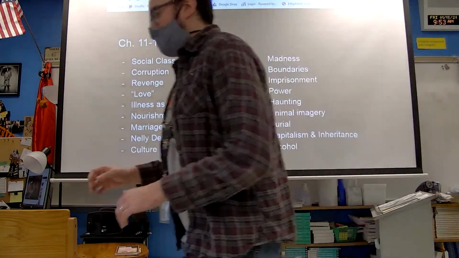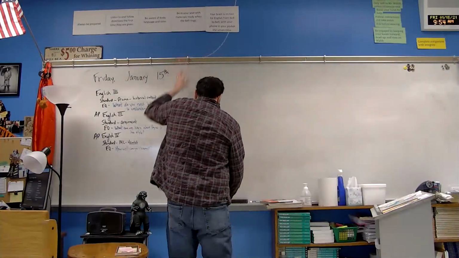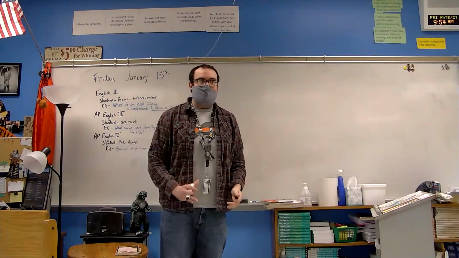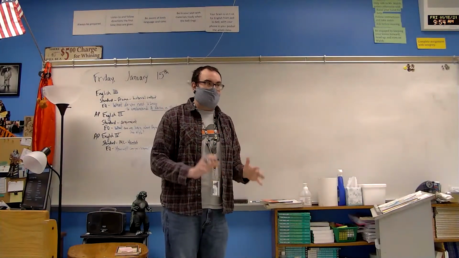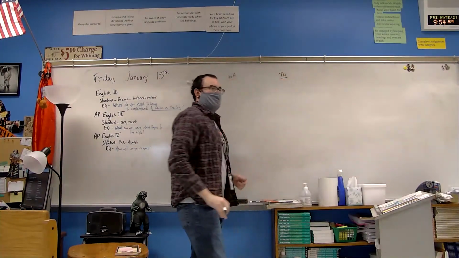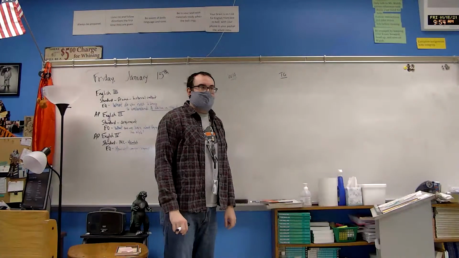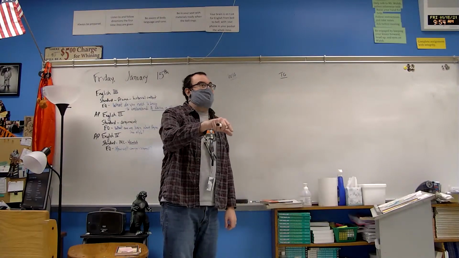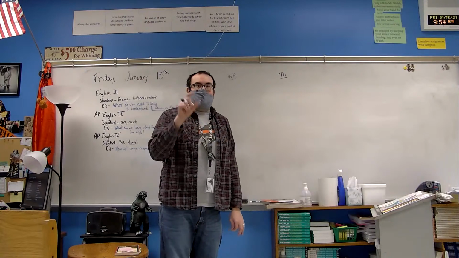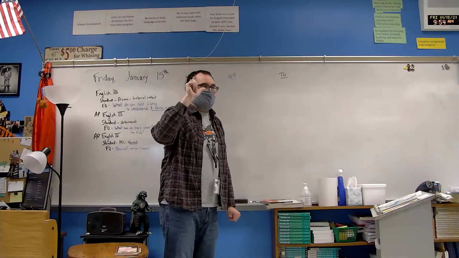All right, let's talk about a couple of things then. Maybe that's helpful since everybody's just staring at me like you don't know what to do. Let's talk about some basic understandings that you should come away from these early chapters being able to talk about. We have two houses, we have two families, but they are starkly different in a lot of ways. Where is Wuthering Heights? Is it northern? Don't worry about directionally. Think about if you had to describe its location. What defines where Wuthering Heights is located?